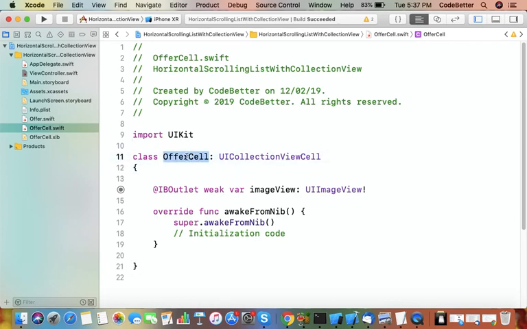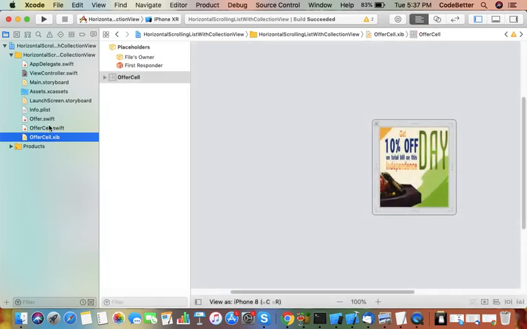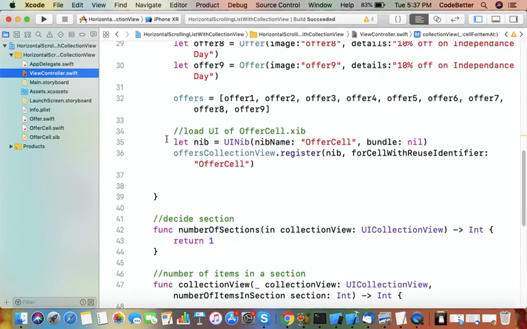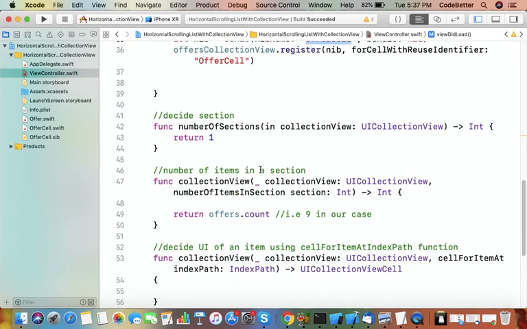But there is no need to create a new object. The XIB and its class are already registered with the collection view using these 2 lines. So you can create the object of that offer cell using a different mechanism.